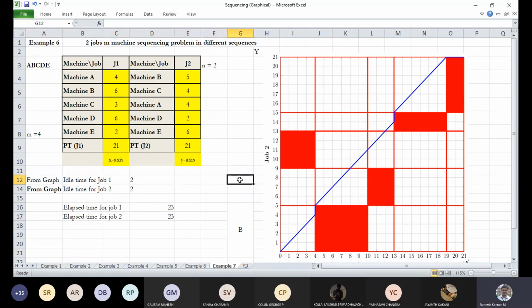I think this is, I put it at center, which is machine C. I think it's merge center.